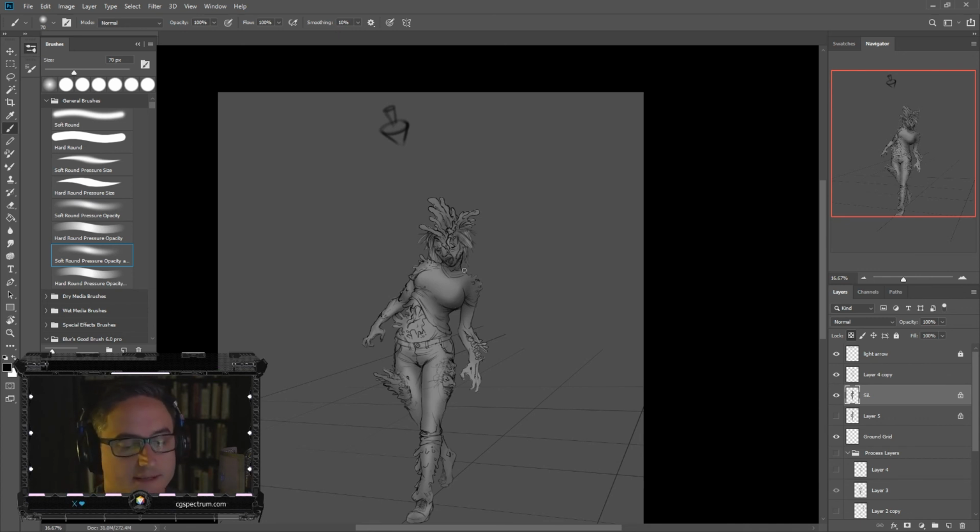So we can do that, say, with the shirt. I can add an overall pass of darker value on her shirt if I wanted to pull out the difference between her shirt, her skin, and other elements, maybe even the spores on her as well, right? So you can start to edge those, and we might want to do that with the shirt and the jeans. Different materials will have different